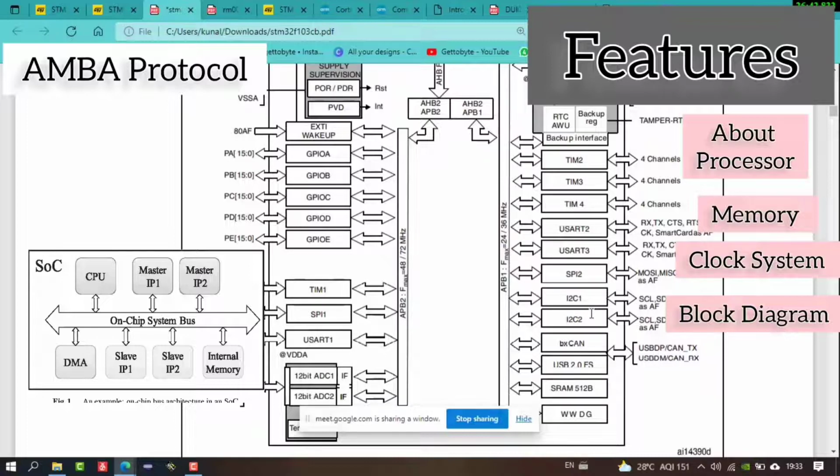One thing also to tell you: you might be getting confused about what the difference is between USART2 and USART3. Or Timer 1, Timer 2, you understand timer, you understand USART, but what does the number written after it mean? It is nothing but just a way to number that this is the USART1 port, this is the USART2 port, USART3 port. So in this STM32 F103 we have 3 hardware USART ports. For the timer we have 4 hardware timer ports. For SPI we have 2 SPI hardware ports, SPI1, SPI2, and the same way for I2C, I2C1 and I2C2 hardware ports.